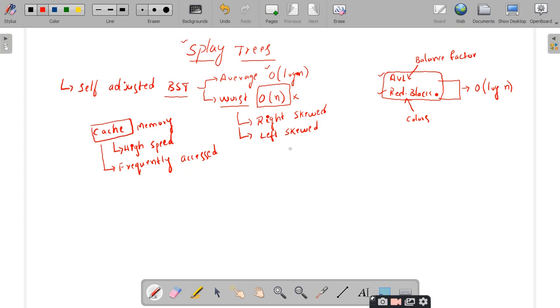So, what they have done is the frequently accessed values are kept inside a special type of memory which is called the cache memory, right? So, this is the main reason for implementing the cache memory. The frequently accessed data will be kept inside the cache memory.